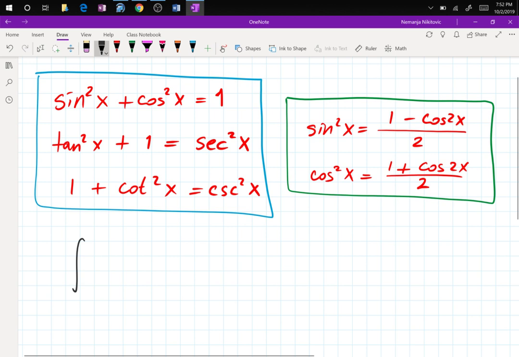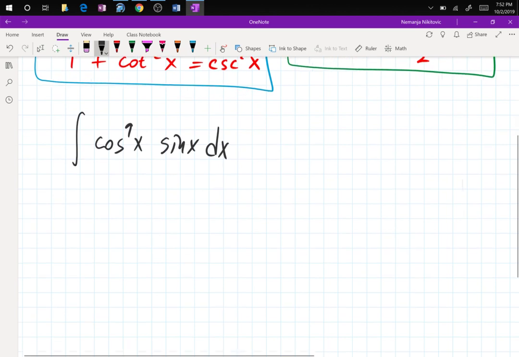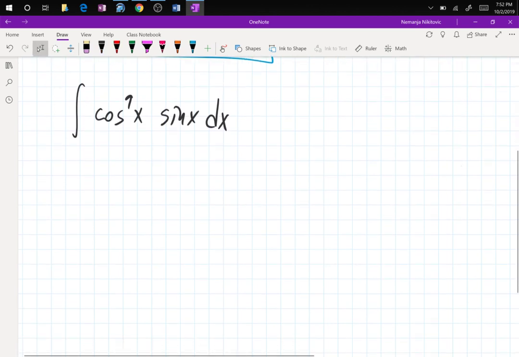Stuff like this: integral of cosine to the 9x sine x dx. So this is still part of this section, even though you learned this all the way back in u-sub. So for this one, you know that u is equal to cosine x,